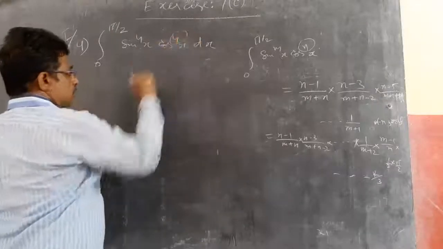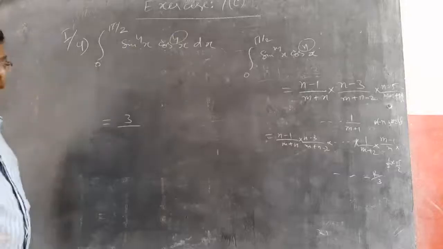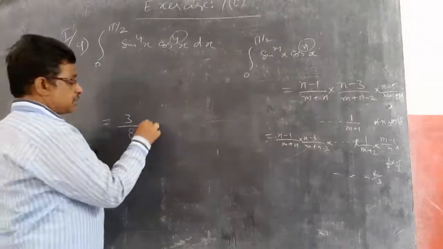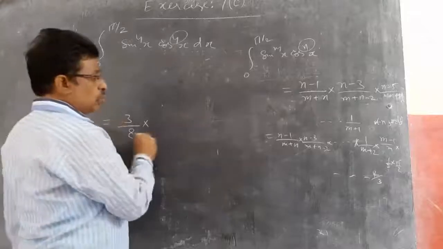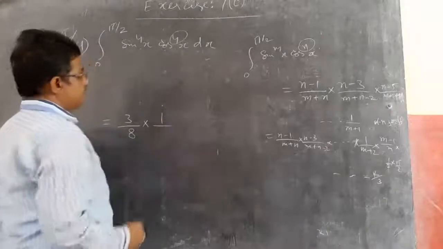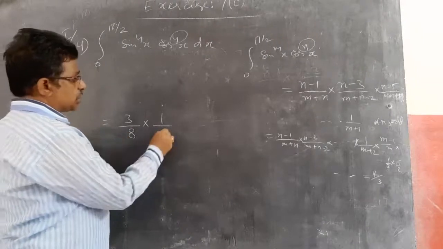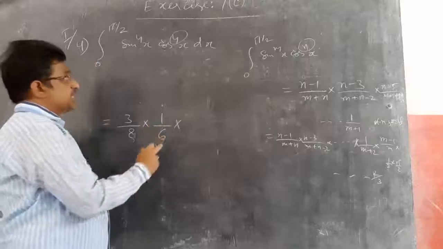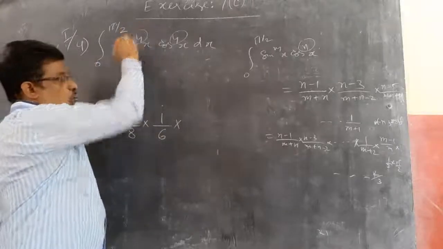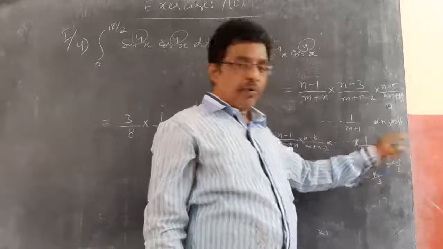This is 4 minus 1. How much? 3. By sum of the two I told, 4 plus 4. How much? 8. Into reduce 2 I told. 3 minus 2. How much? 1. By 8. 1 by 8 minus 2, how much I got? 1 by 6. So, if it is 1 by 6, it means this plus 2, 1 by m plus 2, you will get. Then you go for sin I told.